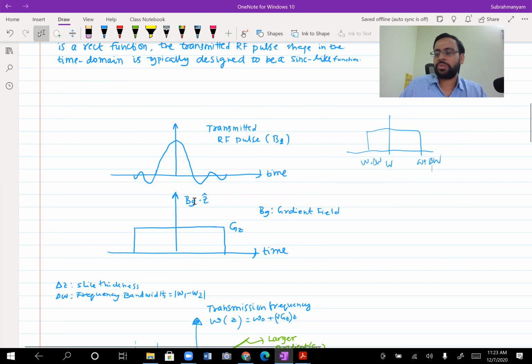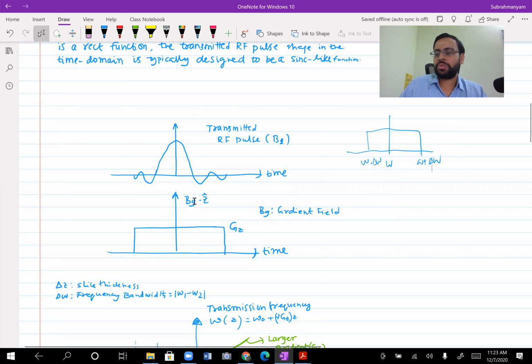Now this is what you have. B is varying with respect to X, Y, and Z. The time variation is not there here. If I have to strictly write it now, I could even write it as B of z comma t. Since we want slice selection, I would say it's a z value. So what we are doing is B naught plus Gz into z. This has nothing to do with xy values. It is something varying with respect to z, which is added to the constant uniform magnetic field B naught you have everywhere.